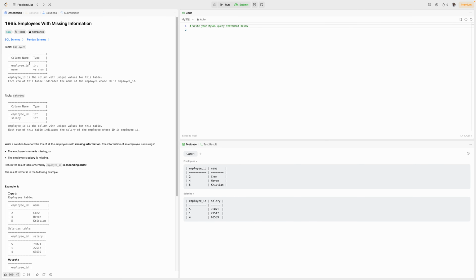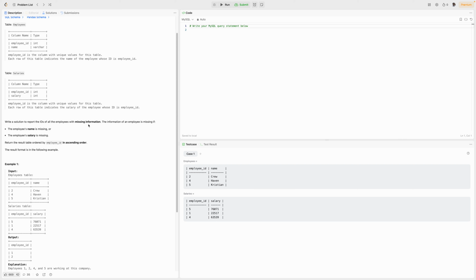Let's see. Column, type, employee ID. Write a solution to report the ID of all employees with missing information. The information of an employee is missing if the name is missing or the salary is missing. Return the result table ordered by employee ID in ascending order. So immediately it's ordered by employee ID,